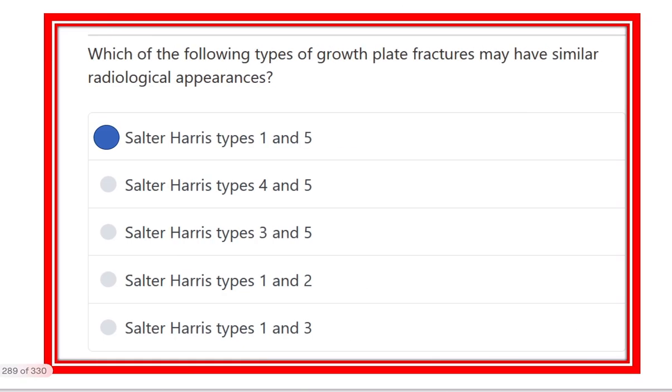So which types have a similar radiological appearance? The similar ones are Salter Harris type 1 and 5. Salter type 1 and Salter type